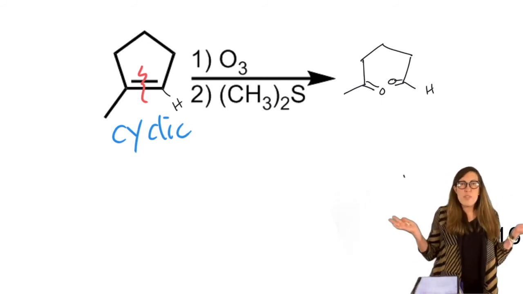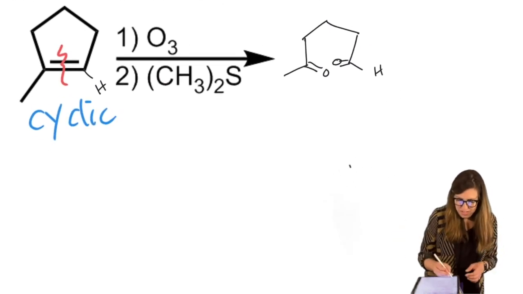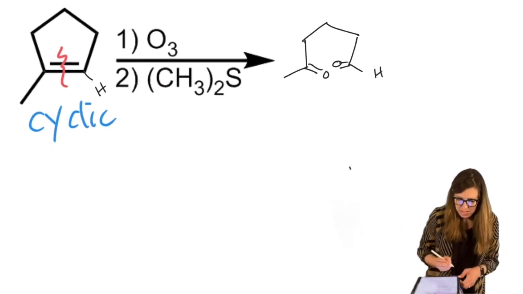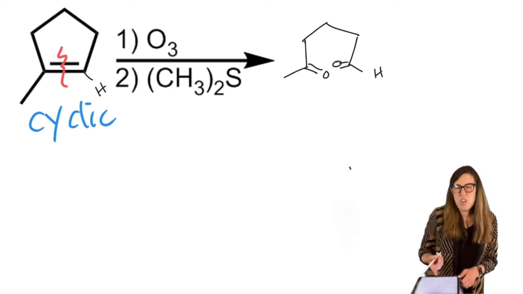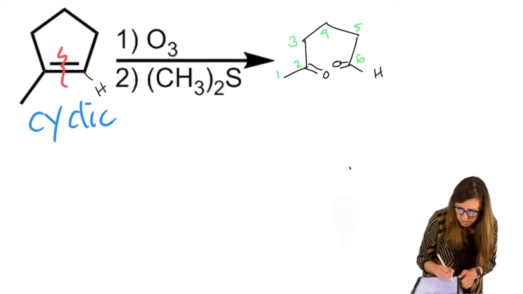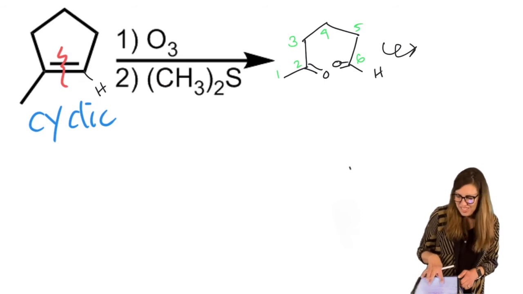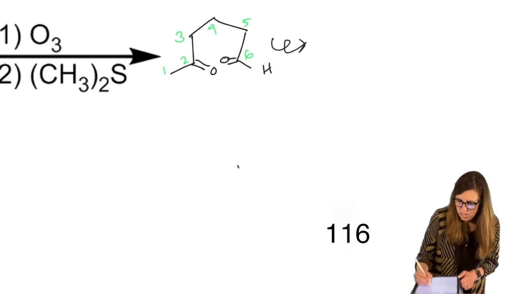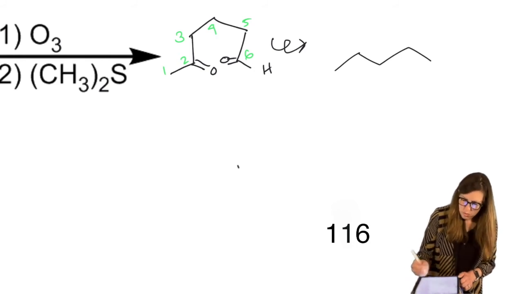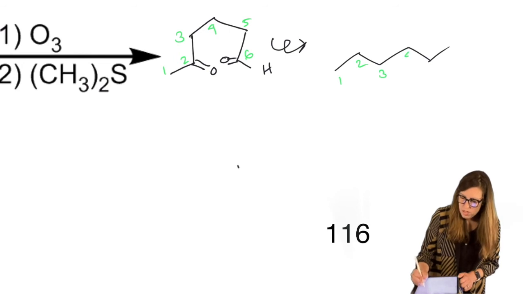Then of course, if you're going to look at the solutions manual, because you're doing homework, it's not going to draw it all kinked up like that. It's going to rotate. So number your carbons to check it before you straighten it out. 1, 2, 3, 4, 5, 6. Then draw your appropriate number of carbons. I think I need one more. Number them. 1, 2, 3, 4, 5, 6.